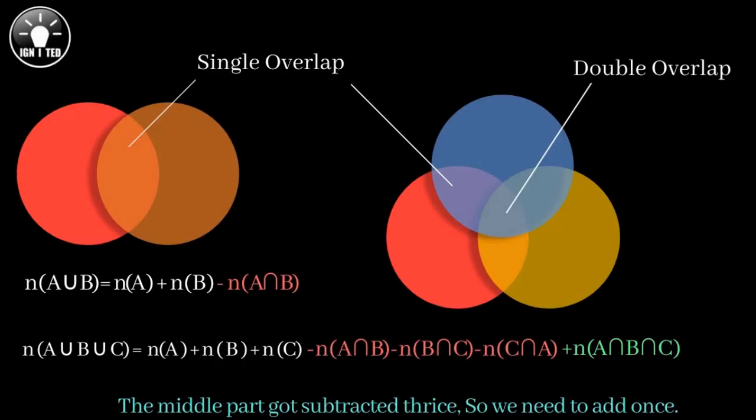Now come to this figure again. This figure should be very clear in your mind. See, if you remember this particular formula, the union of A, B and C will be the elements in A, elements in B, elements in C, minus the elements overlapping in A and B, then B and C, and C and A, plus the intersection of A, B and C, then you will get the answer. This formula you have to remember, then you can solve it.